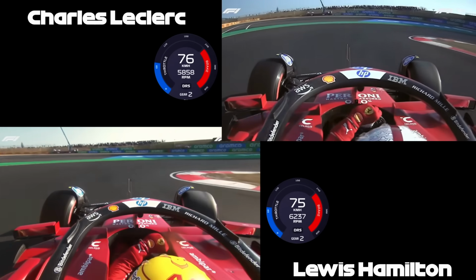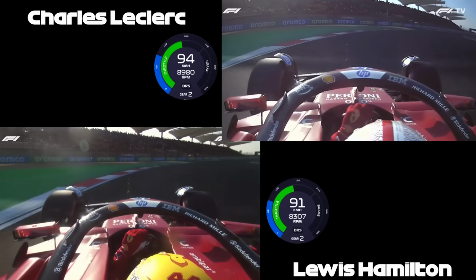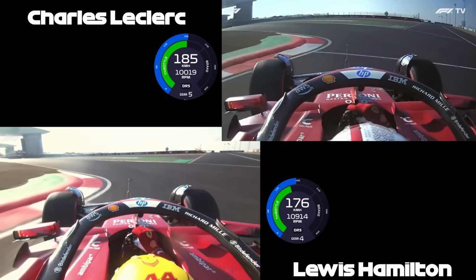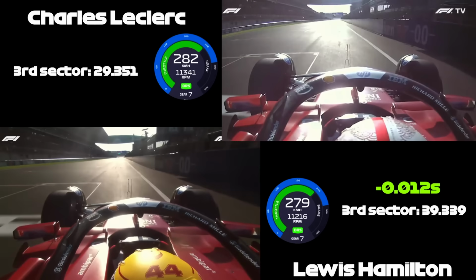As we come up to turn 14, the hairpin now, and both have a similar line through the corner, but Lewis Hamilton's minimum speed just before the apex of the corner is 4 kph up on Charles Leclerc. So we already can say in the minimum speed corners Lewis Hamilton is really good, and more crucial, faster than Charles Leclerc. But at the final corner his minimum speed is 9 kph up on Hamilton's. He has an awesome run through the final corner and gains a lot of time, which he lost in the hairpin back, but at the end of the third sector he's still about 1/100th of a second slower than Lewis Hamilton,